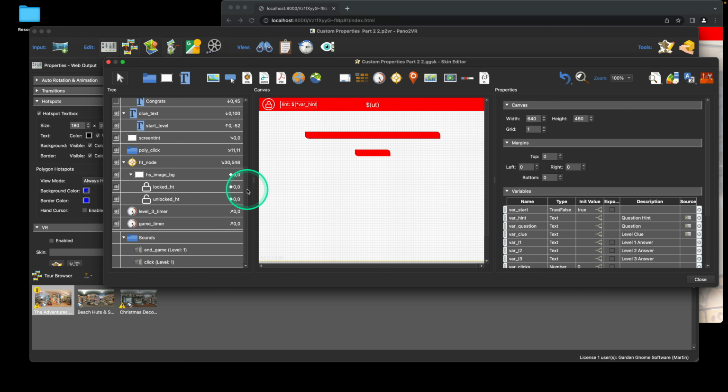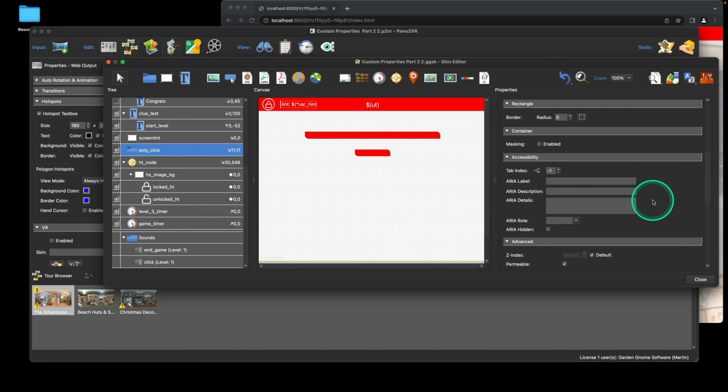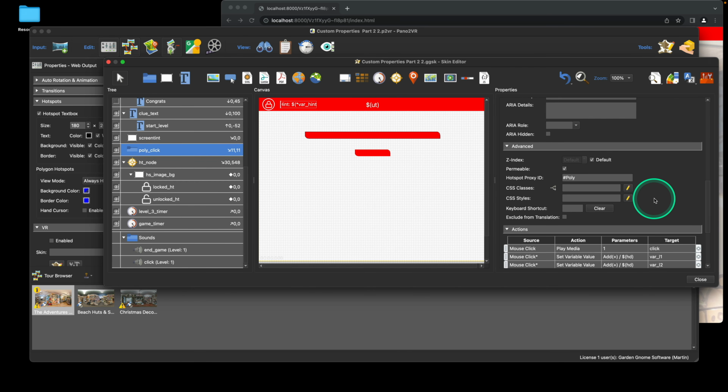we're using the polygons linked to a container. Now this is something new for Pano2VR 7 as well, so this is another one of those little tips that will crop up, and that is we're now using regular expressions in Polygon Hotspot or Hotspot Proxy IDs. We had before, if you wanted to link a polygon with something in the skin, say a container that had